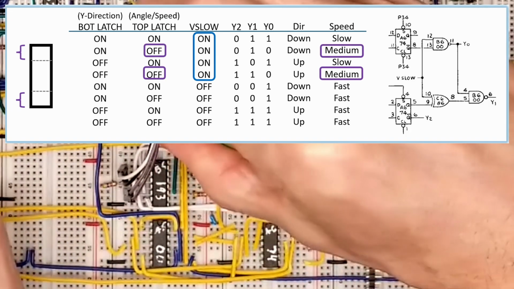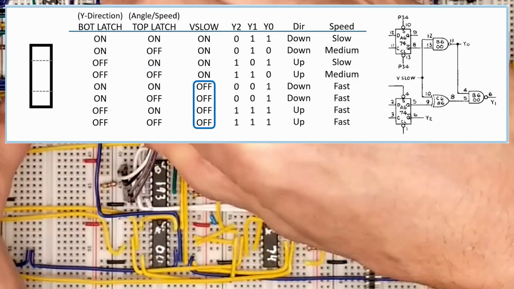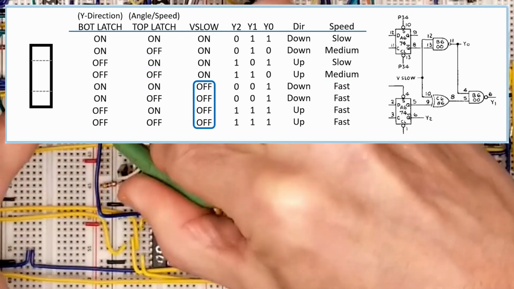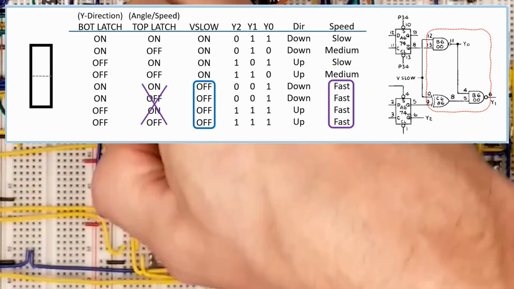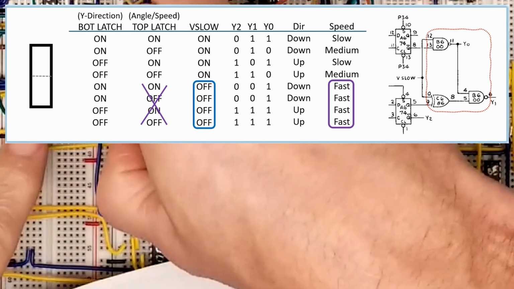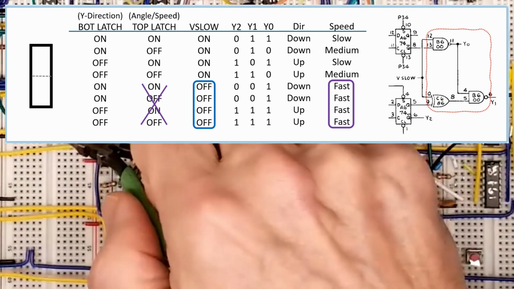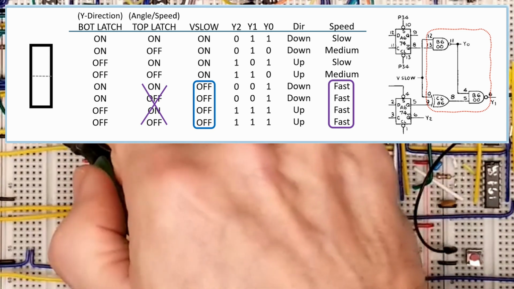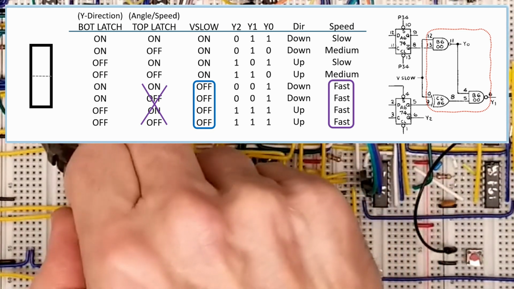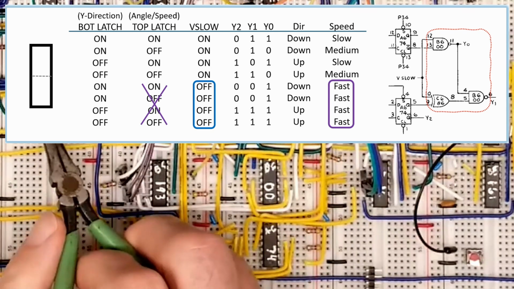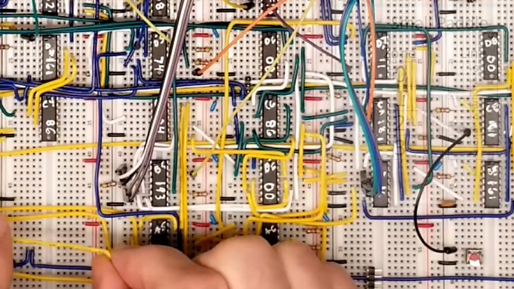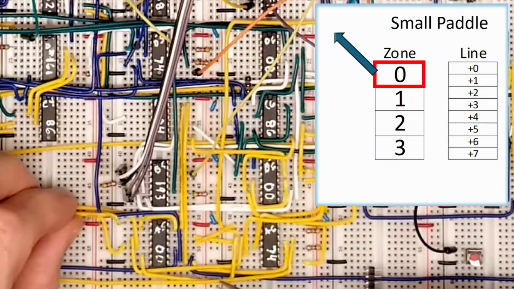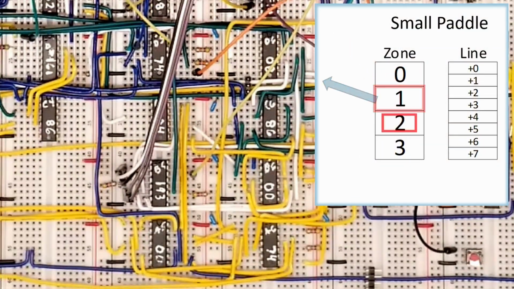Now when V-slow turns off on the 8th volley, or when a speed up occurs, this combinatorial logic ignores the top latch and only emits fast speeds. The player therefore can only use different paddle hit bank angles for the first 8 volleys and before hitting a high value brick. After that, the vertical motion remains fast until the next serve. One more note on this. If you hit the top boundary, you get a small paddle, and all of the logic we discussed here still works, just on a smaller footprint.